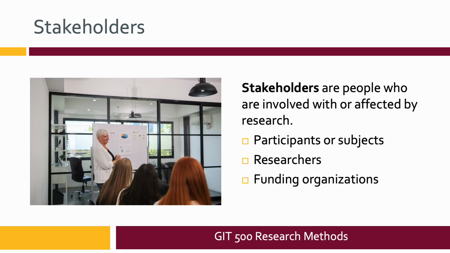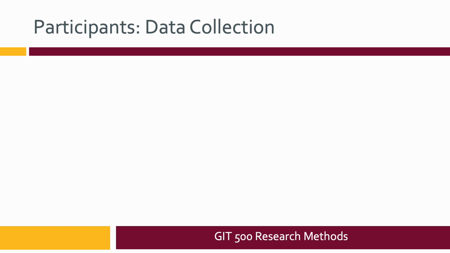When we're talking about research, we often talk about the stakeholders. Stakeholders can refer to a lot of different groups, but in research, these are the people who are involved with or affected by the research. This can be participants or subjects in the research study. It also includes researchers and also funding organizations that may have contributed money to the research. We have to consider, as researchers, any ethical issues that can arise when any of those three groups of stakeholders